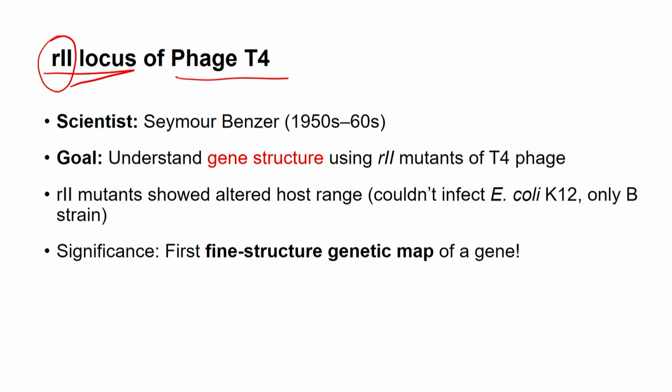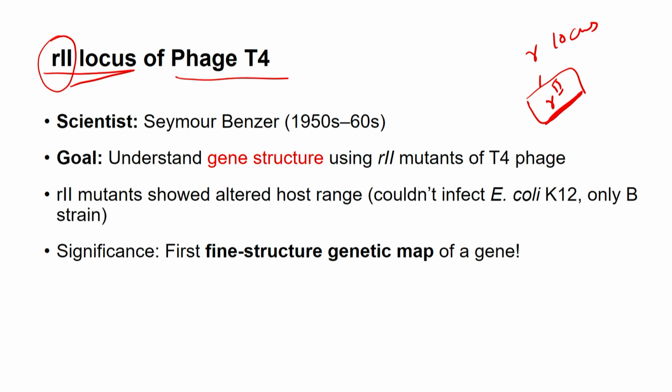What he wanted to understand, he was considering this R as a locus. He took the R2 class of mutants, various types of mutants, where I will discuss the different mutants and try to understand them to understand the structure of this locus, right. So R2 mutant shows altered host range. R1 and R3, which we are not talking about here, are different because they grow in one type of bacteria only, but R2 mutants have this specific